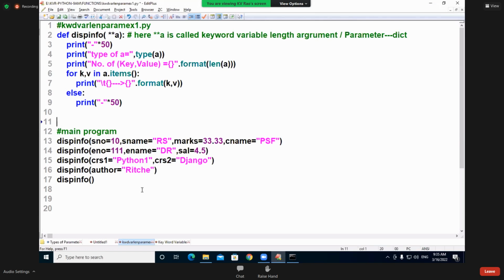Write a Python program which demonstrates the concept of one minute more. Write a Python program which will compute total marks of